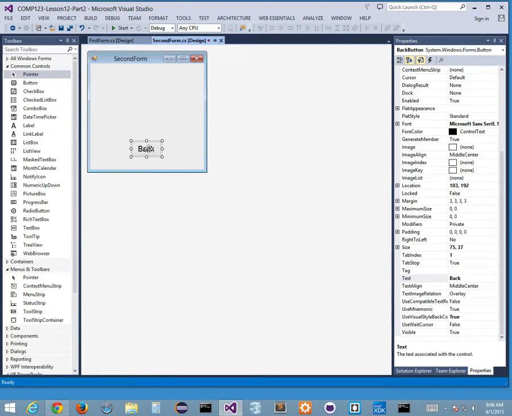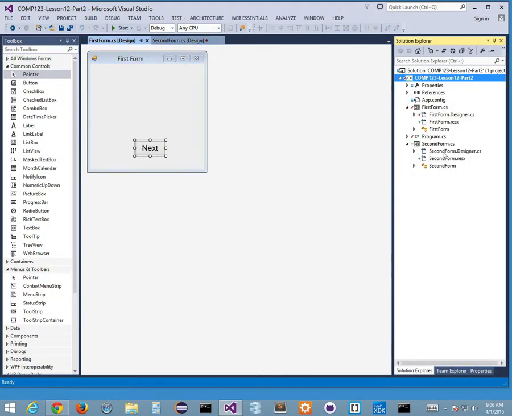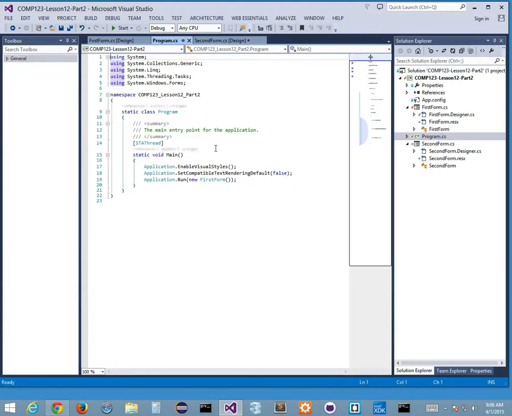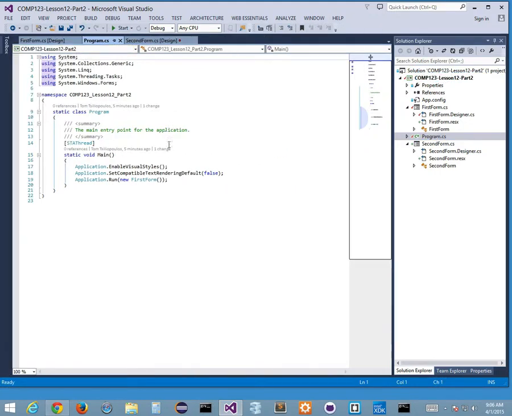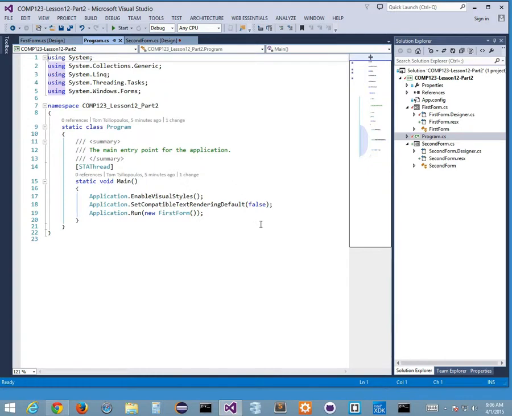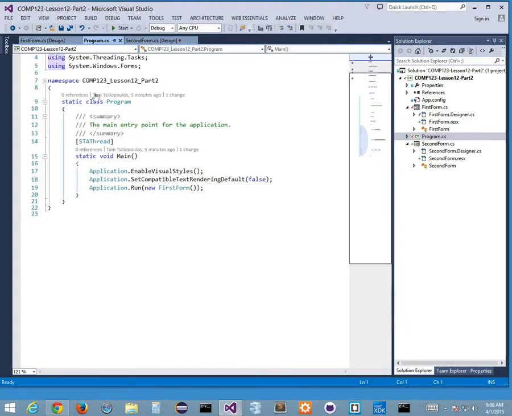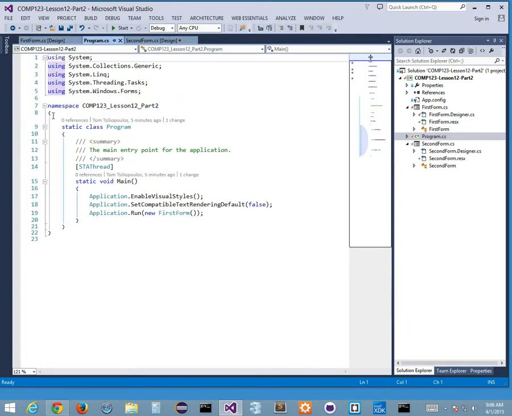So what do I want to do? When I click on my first form, this is the first form that comes up, by the way. Hey, by the way, what if you wanted to change the order of the form? So I want second form to come up before first form. How do I do that? Well, remember, we also have this program.cs file that's going along for the ride, eh? So if I look at program.cs, let me double click on that for a second. And if I unpin this one so you guys get a better view, and I scroll up a little bit, if you notice, I have this namespace called COMP123 lesson 12 part 2,